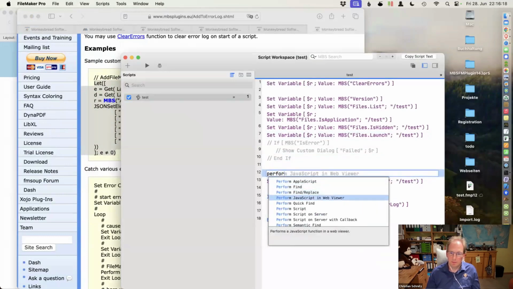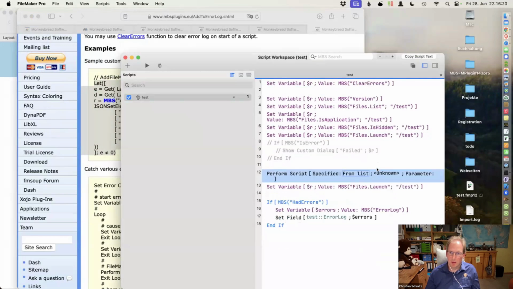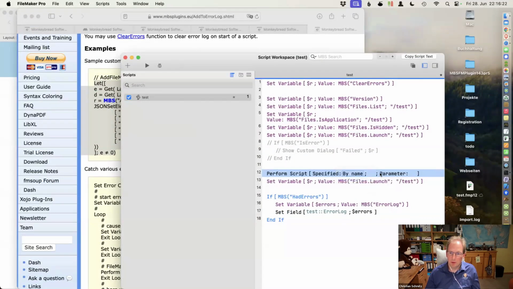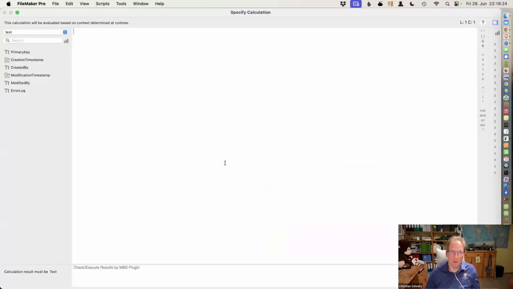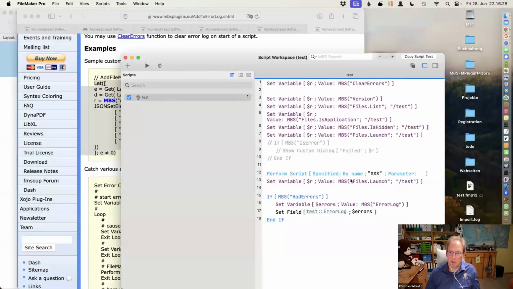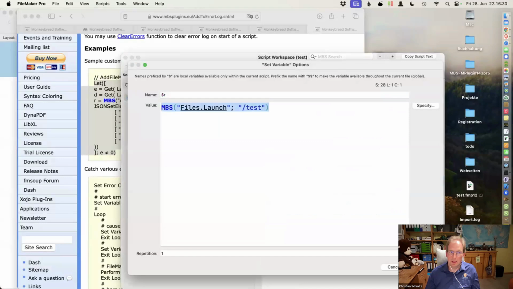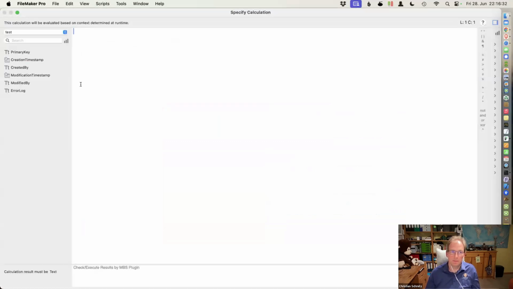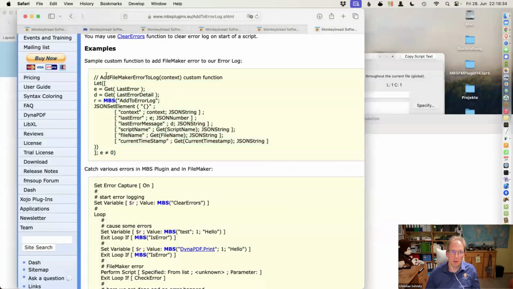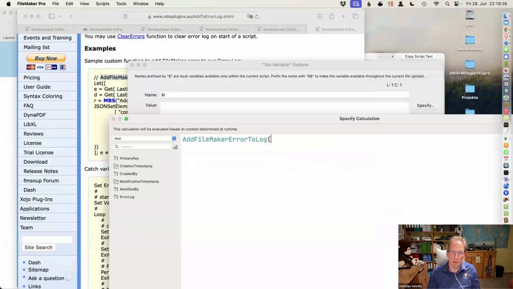Now let's cause an error. Perform script by name. The script name is hidden for security purposes. It's XXX. And now here we call add FileMaker log, and we can pass a context called XXX script.